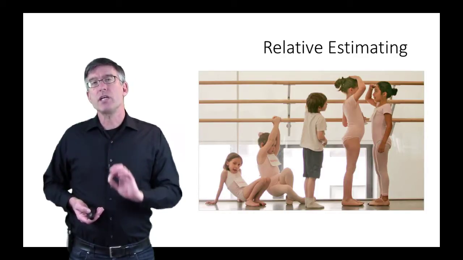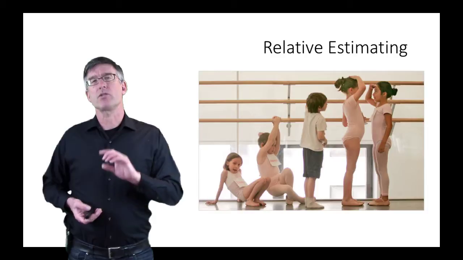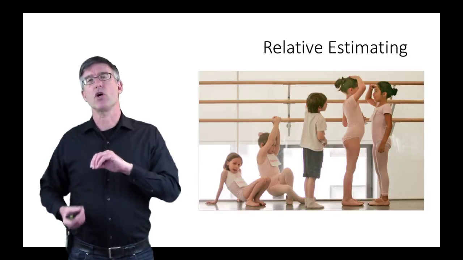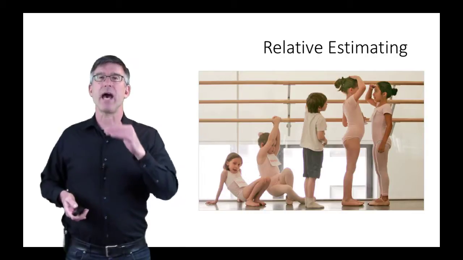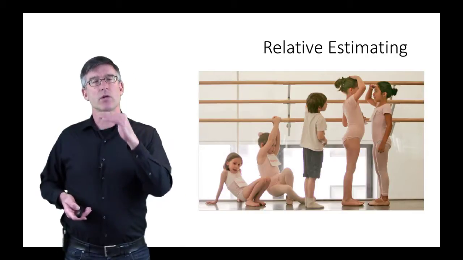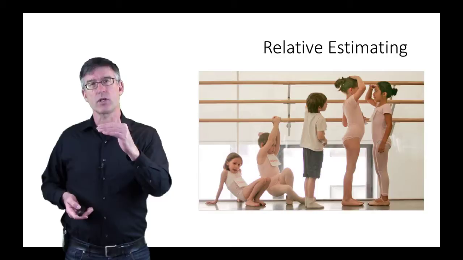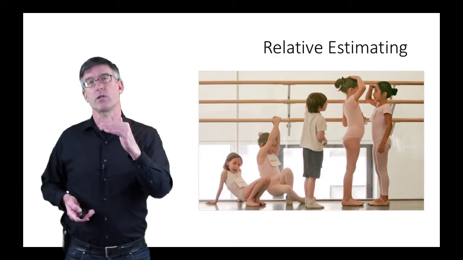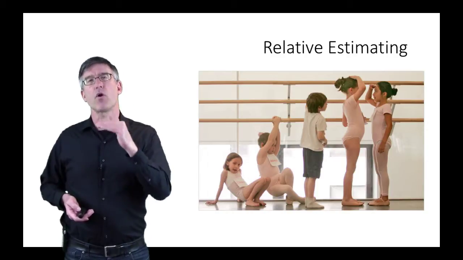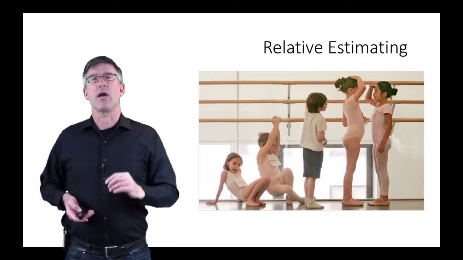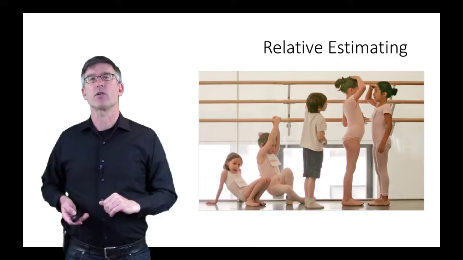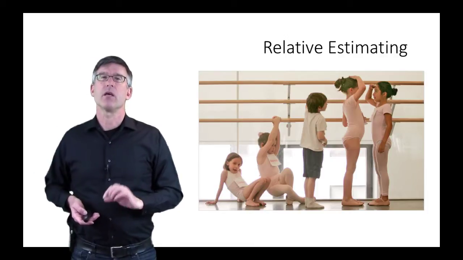Now, standard or traditional estimating was always based on using some metric like source lines of code or function points or module counts, and there was some absolute measure. We knew what a source line of code was, or at least we thought we knew what a source line of code was, and therefore we could count. Or we knew what a function point was and we could count. And we would come up with an absolute number that would represent any system.